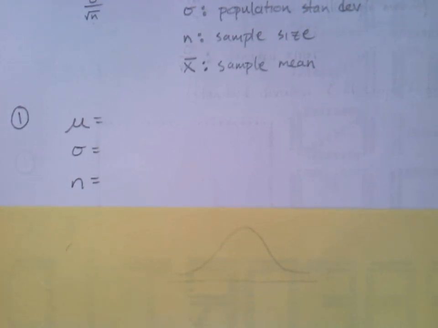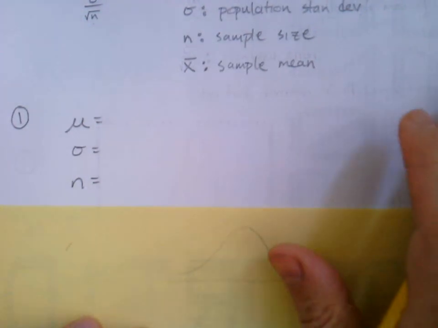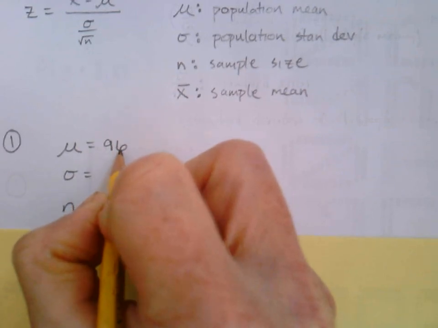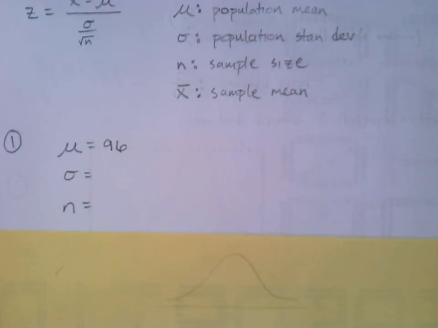Okay, so even before we get into part A, they're giving us some information. They're telling us the average age of a vehicle in the U.S. is 96 months, so that's our population mean, right? All of the cars in the U.S., the average age is 96 months, which, how long is 96 months in years? I don't know. It's like 6 years, something like that. 5 years.